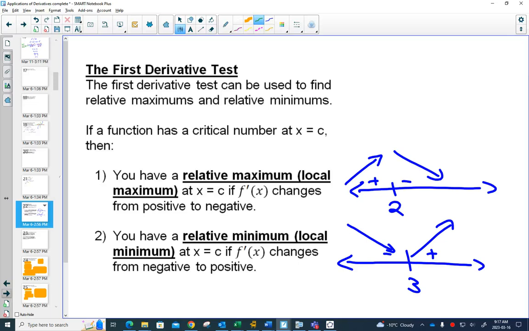So we get something called the first derivative test. And we've already been doing this without naming it. When we find our derivative, our first derivative, and we make our number lines for that first derivative, when we plug things in, we find out where our original graph was increasing and where our original graph was decreasing. And it is so obvious,